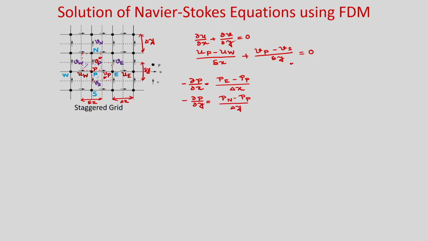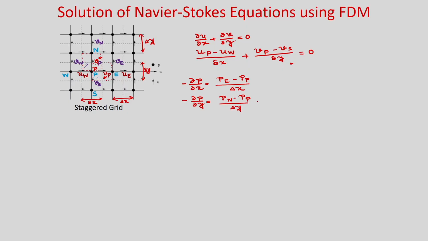So, pressure you will write (P_n − P_p)/Δy. Now, you see already the pressures are available at those points, you do not need any interpolation. So, there will be no pressure and velocity decoupling. So, this is the advantage of using staggered grid. Although you can use collocated grid and you can overcome this pressure and velocity decoupling using Rhie and Chow interpolation. So, that we will not discuss here. Now, we will discuss only the MAC algorithm in this lecture using staggered grid.